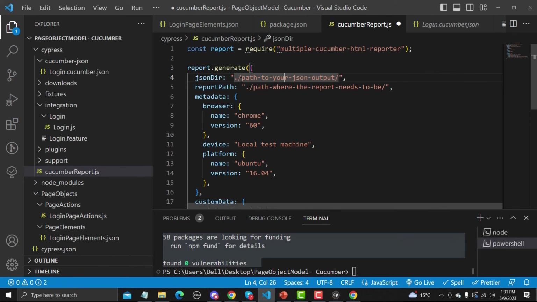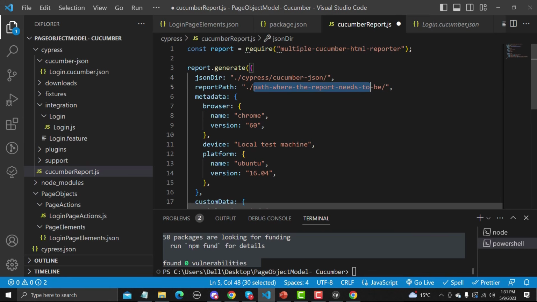This is the first thing we need to do, and the second thing we need to do is that we need to tell the path. So simply, let me show you here. It's Cypress, and inside Cypress is my cucumber dash.